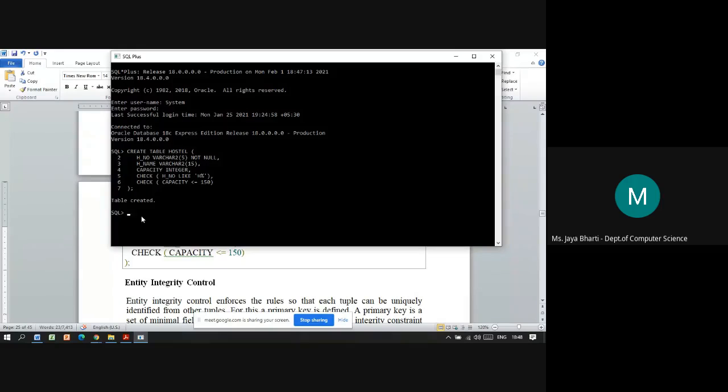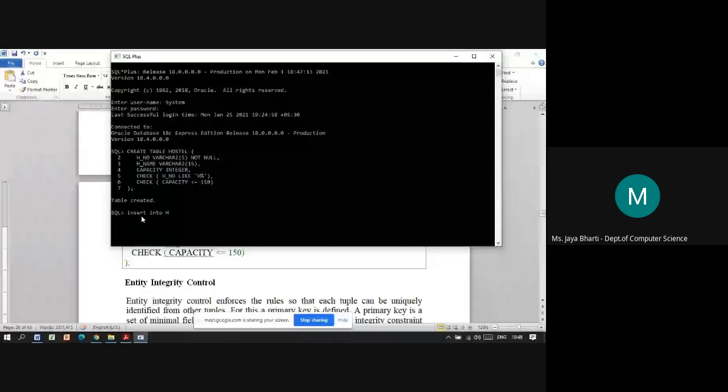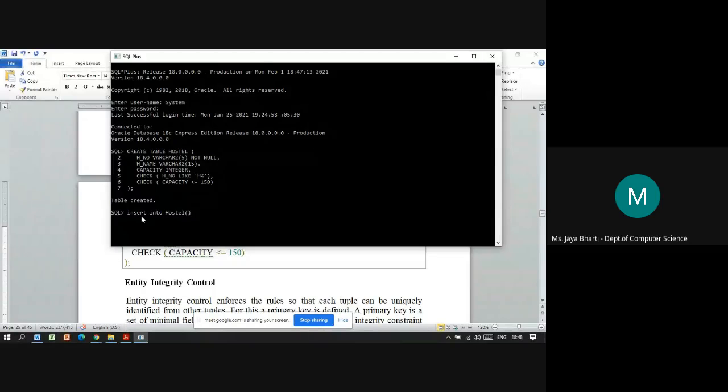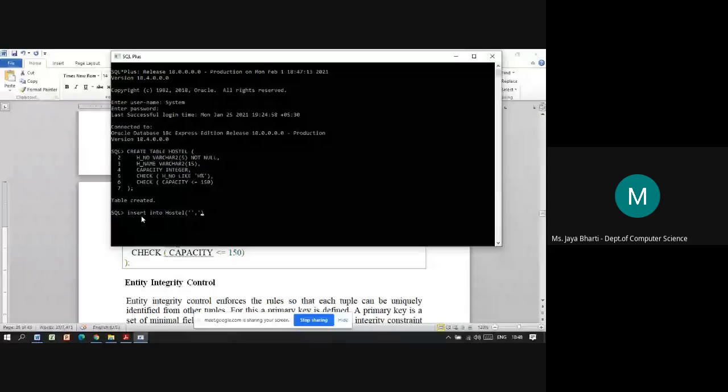Now, first we will check whether the constraints are working properly. So insert into hostel. First, H number should not be null, so we will not pass anything for the varchar. Then H name varchar 2, so hostel name, let's say mango.